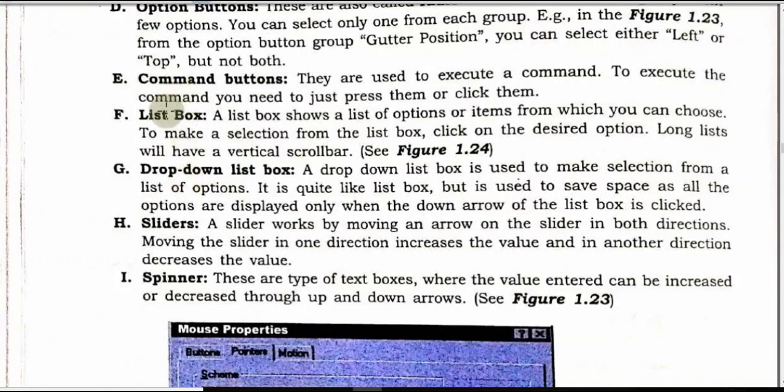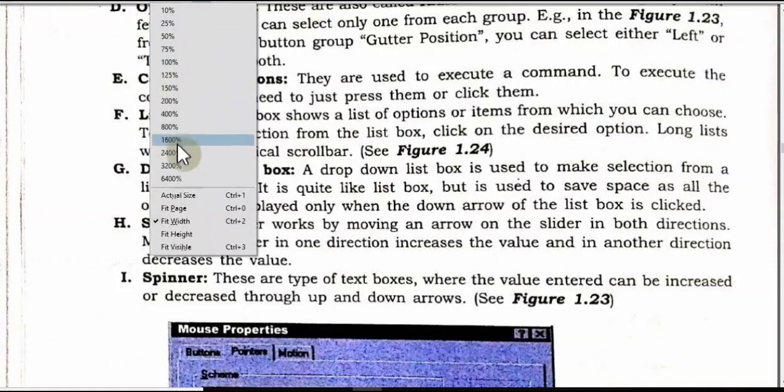Students, please follow the mouse cursor because computer is entirely practical thing. Theory is another thing. If you are not very fluent in practical, then you will be in trouble. So let us check this list box and the drop down box. So I am going here, I am clicking here. You can see this is actually drop down box. Students, please check, this is actually drop down box. I can select any of the drop down box.